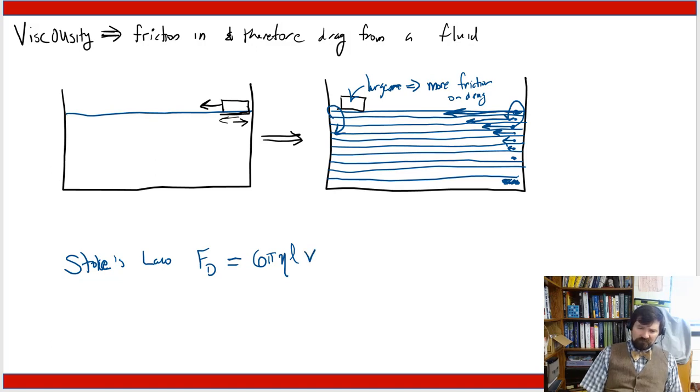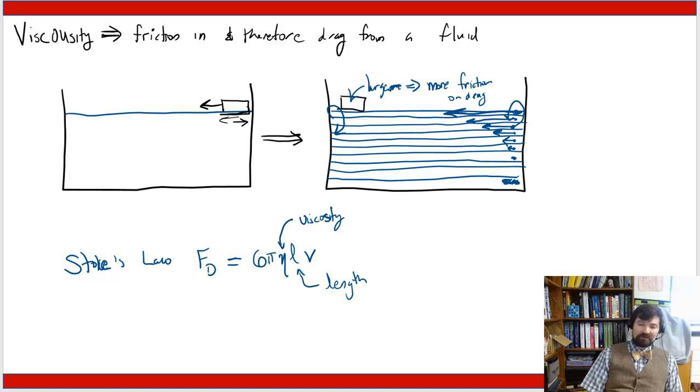This right here is your speed parameter. The faster we drag this, the larger this force is. This right here is your viscosity. And this right here is basically your length scale, or perhaps area scale,